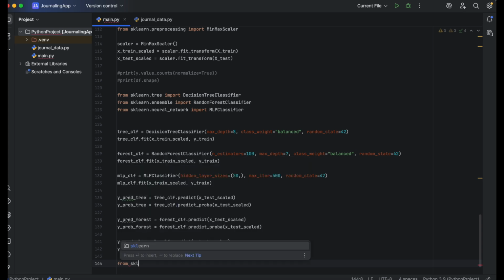Let's now test them and then evaluate them. We'll import the classification report and check out our result.